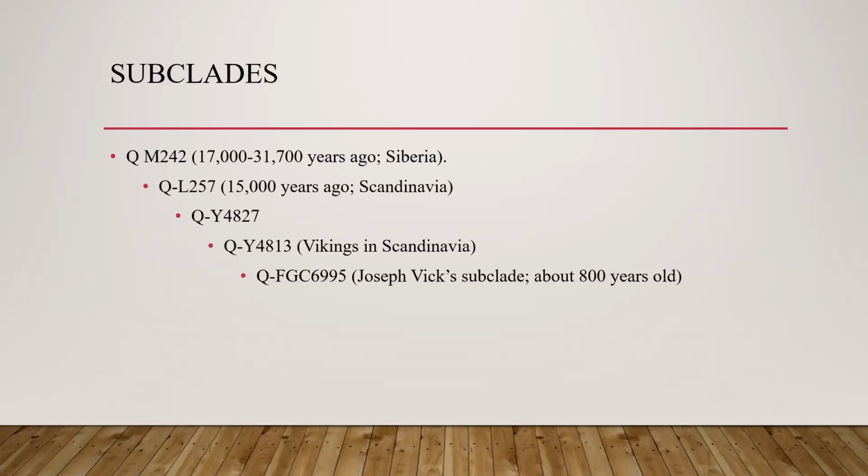These are called subclades. They're downstream from the original subclade, or the original haplotype. So if QM242 existed around 31,000 years ago, then there was another descendant of that group that started having a SNP called QL257. And he lived about 15,000 years ago, and he moved from central Siberia into Scandinavia, probably with the Vikings. And then another group from him descended, had another mutation, which was